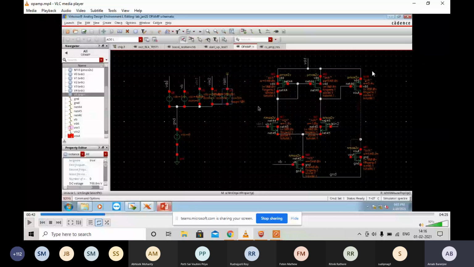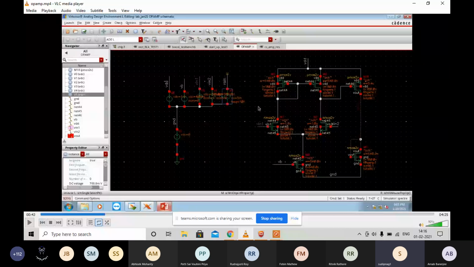We have seen a common source amplifier using the NMOS as input in the last class. So here we are using the PMOS as input and NMOS as load. I told you previously that we can do this as well. And this is our output. So we're taking output from this node. So this is a two-stage op-amp. The first stage is our differential amplifier. The second stage is a common source amplifier. Okay. Any other question from others?